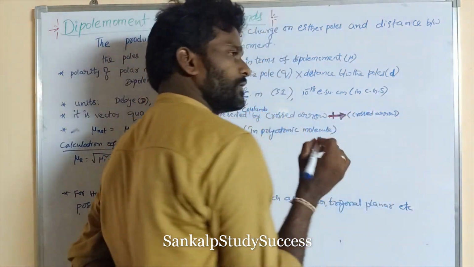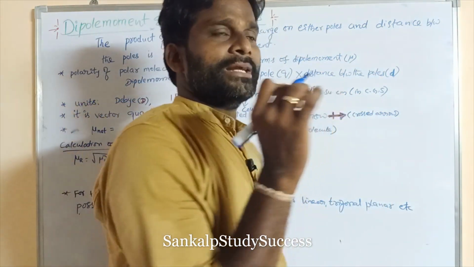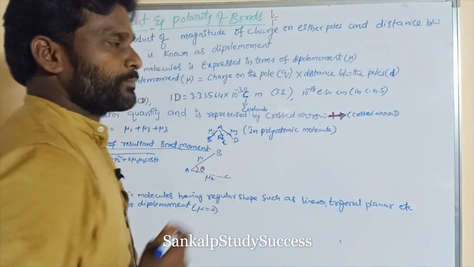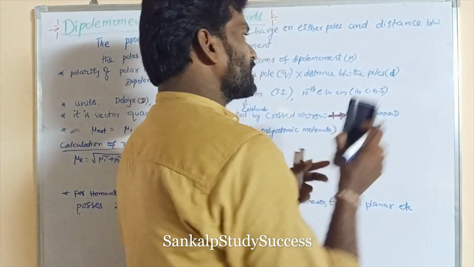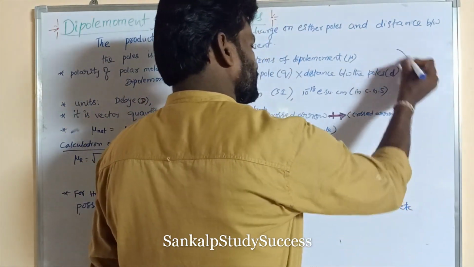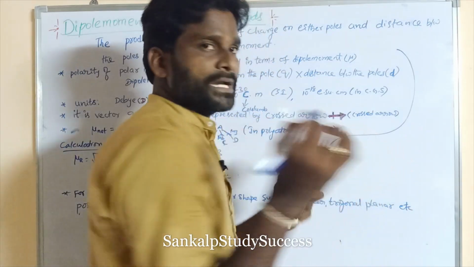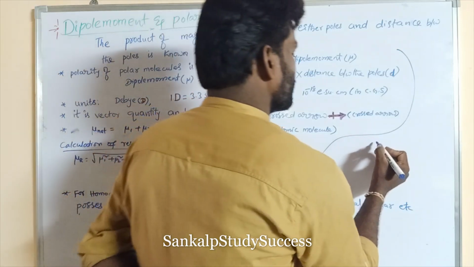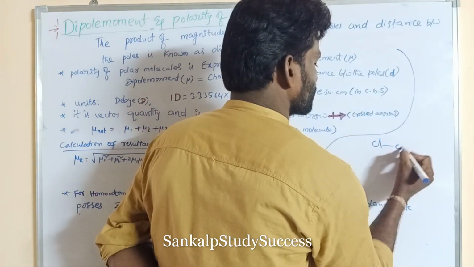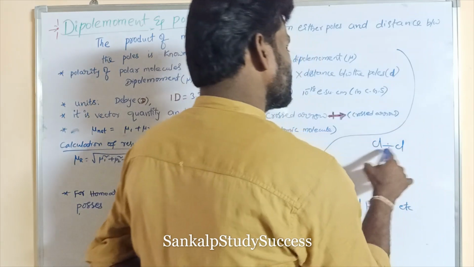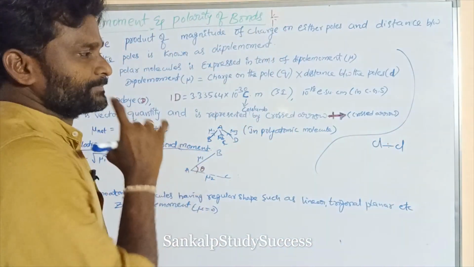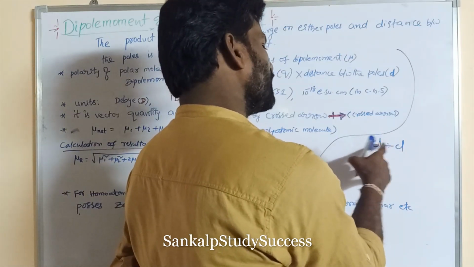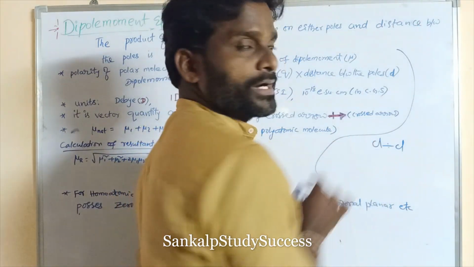So we know, what is a covalent bond? Sharing of an electron pair between two atoms is known as a covalent bond. Suppose the shared electron pair is present between two similar atoms. This is the shared electron pair, present between two similar atoms. That shared electron pair is exactly situated at the middle, between the two atoms.